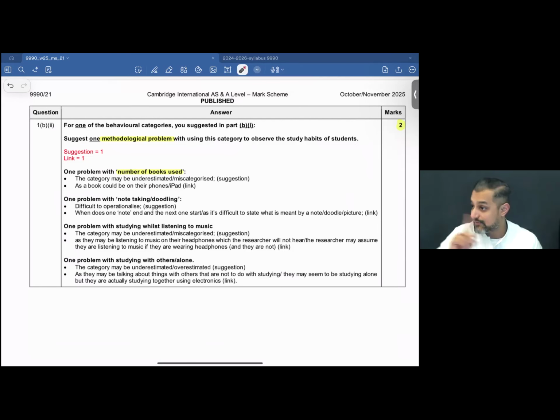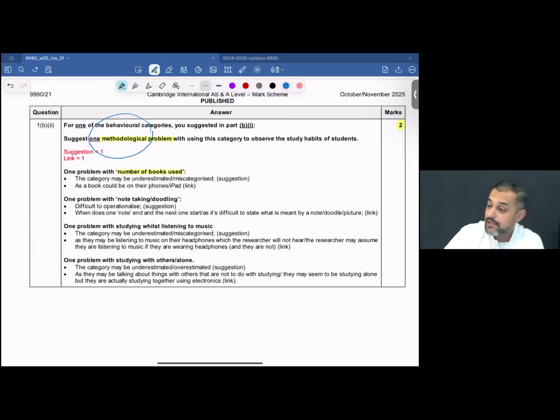Now you linked it, right? So what if a student has an iPad in front of him or her, and the student keeps on flipping from one file to another, to another, to another? You as a researcher might not be able to conduct a valid research, or the validity of your research might get compromised. And this is, of course, a problem. And one more thing, another possibility of students making this mistake, not very often though, but do not forget they're asking you about a methodological problem.